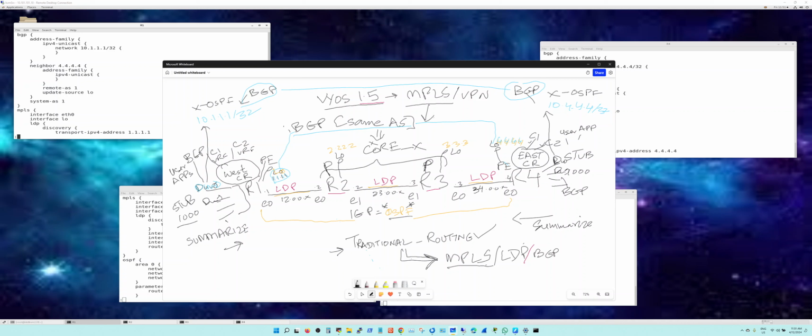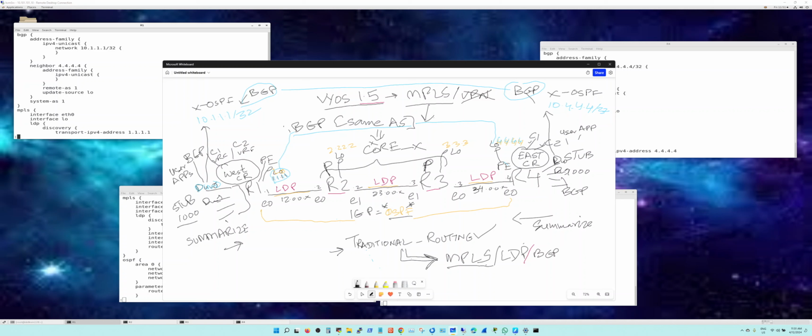A lot of configuration there. I do have a video on that using VyOS for MPLS VPN. But in this one, I'm not going to do the VPN part. It gets pretty complex, and I just wanted to illustrate how MPLS without the VPN part could be used